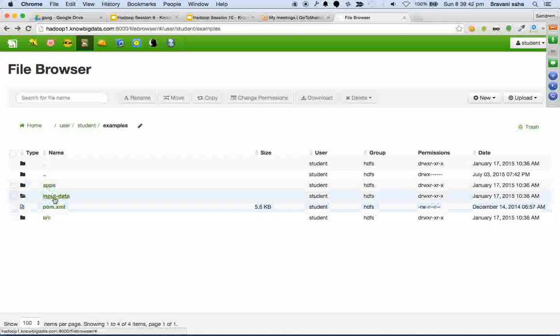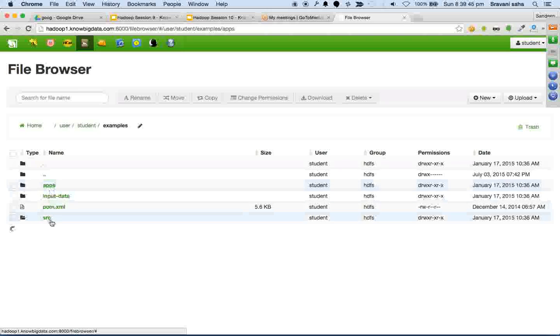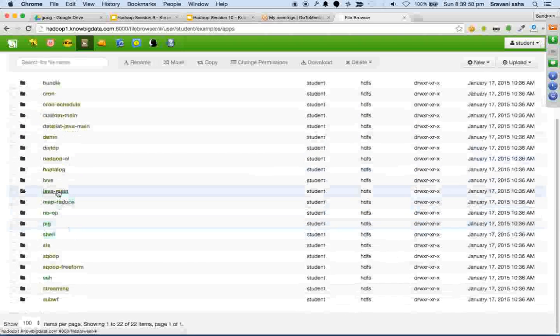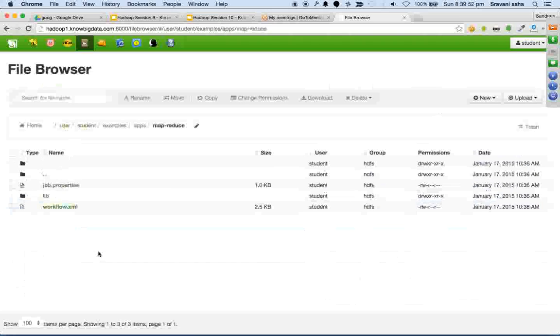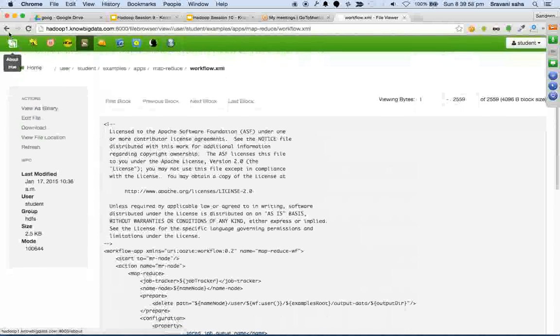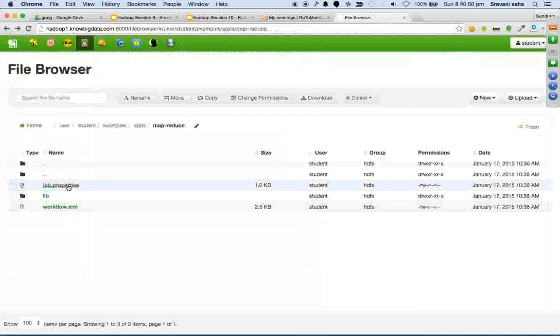So one folder contains input data, other folder contains apps, and this apps folder is a little too exhaustive, in the sense that there is MapReduce code, there is this workflow. Okay, I'll just show you each and every part. So for each of these,